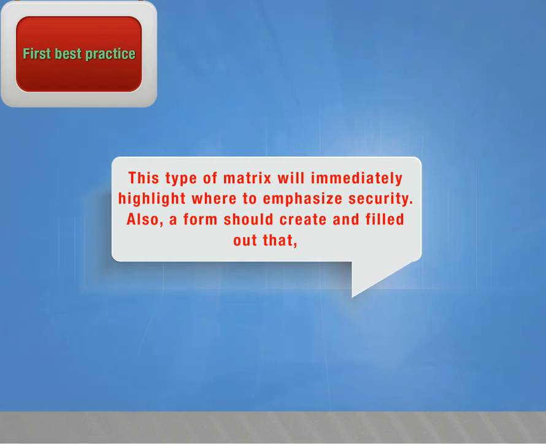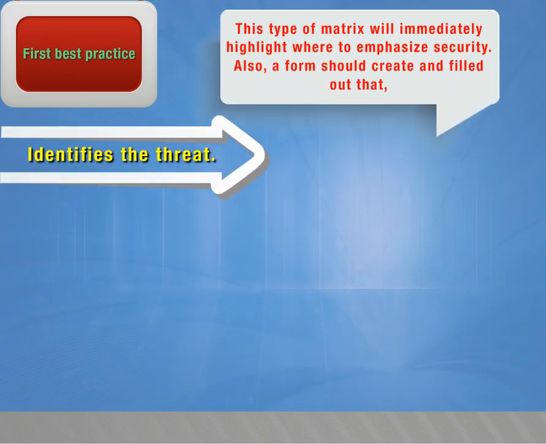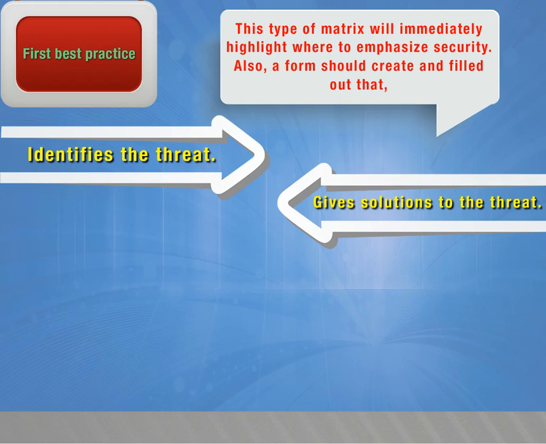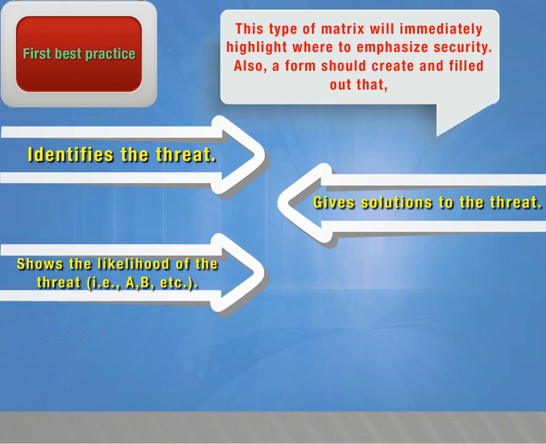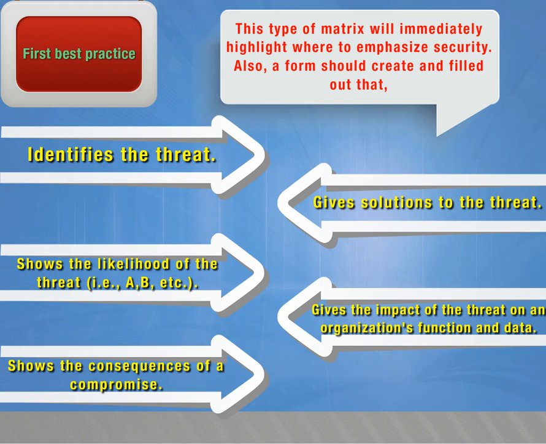Also, a form should be created and filled out that identifies the threat, gives solutions to the threat, shows the likelihood of the threat, that is A, B, etc., gives the impact of the threat on an organization's function and data, shows the consequences of a compromise,